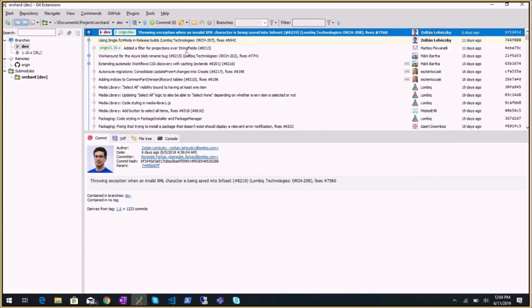So what happened on Autoroute 1? One PR, that may be a PR, throwing exception when an invalid character is being saved into infoset. Okay, yeah, so that's an old issue. Sometimes